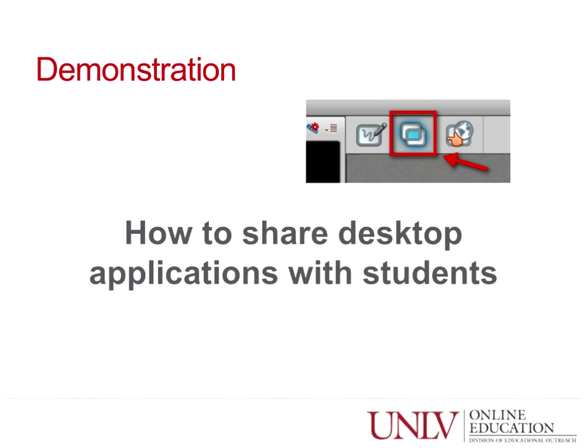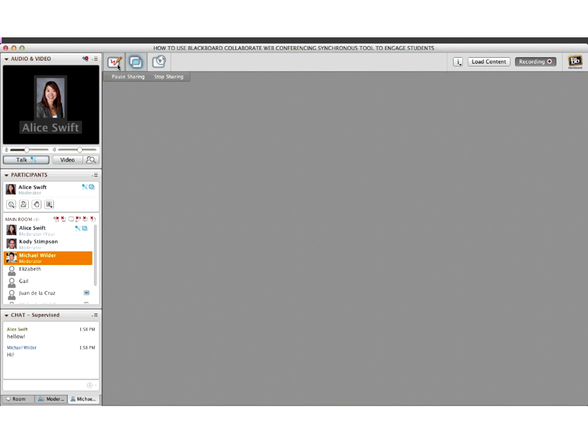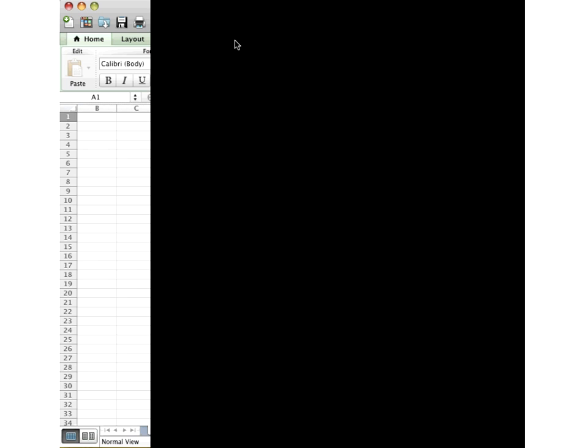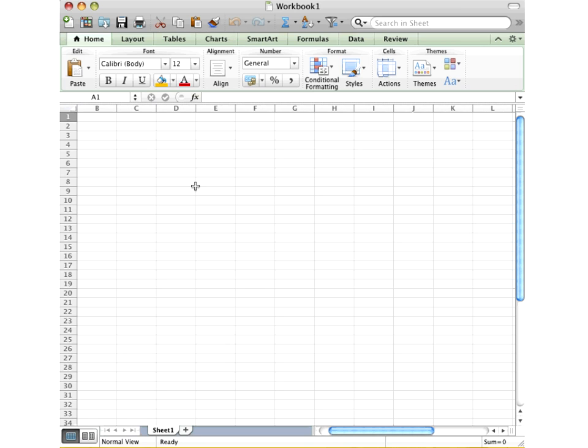So I'm going to go ahead and click that, and what it will do first is ask me which application I want to share, and it's currently sharing Alice's. I'm not sure how we can get out of that. Stop that. Let's see. And then we'll try again here. There we go. Now I'm actually able to look at a list of different applications I'm sharing, and I should be sharing